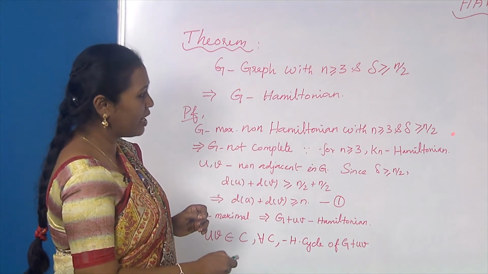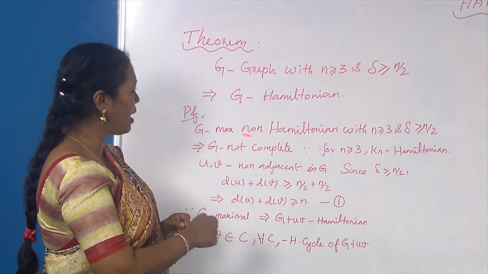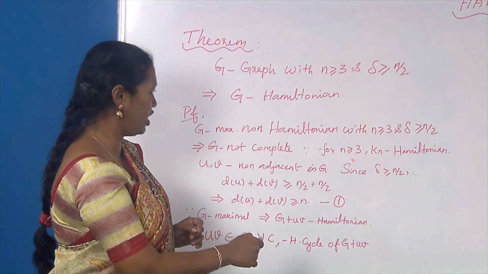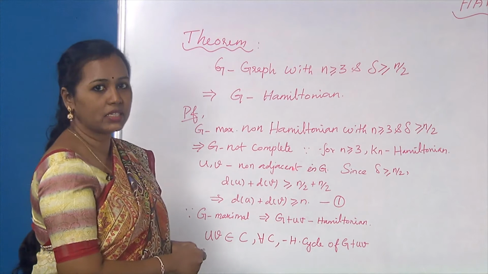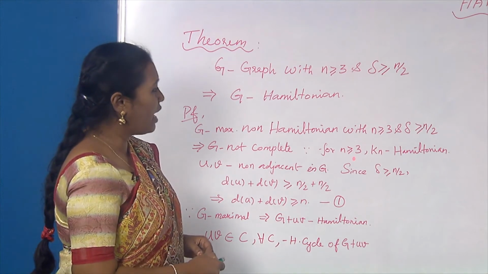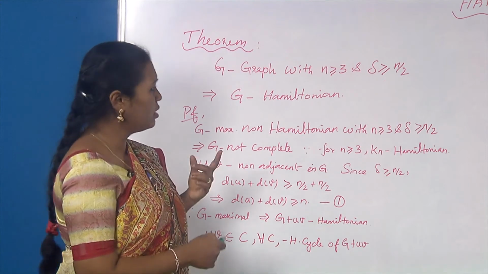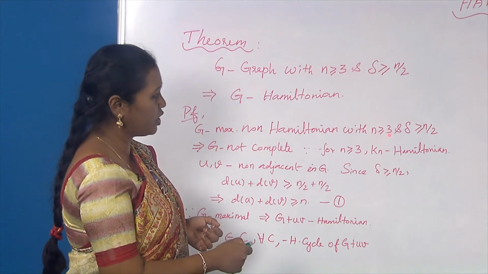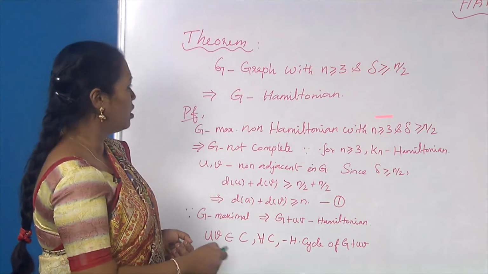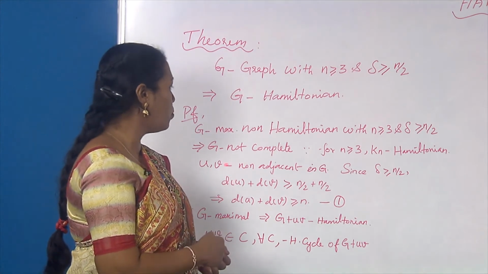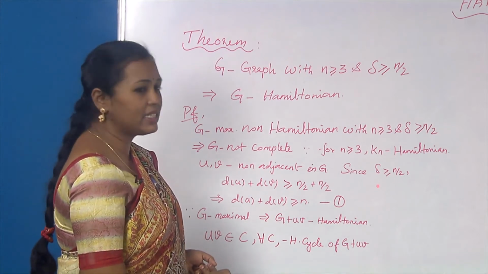So, with these conditions and the concept that it should be non-Hamiltonian and maximal, we have created a graph G. This implies that G is not complete. Why is this? Because for n greater than or equal to 3, any complete graph is Hamiltonian. And since we have n greater than or equal to 3 here, G cannot be a complete graph because it is non-Hamiltonian. So, let u and v be any non-adjacent vertices in G,